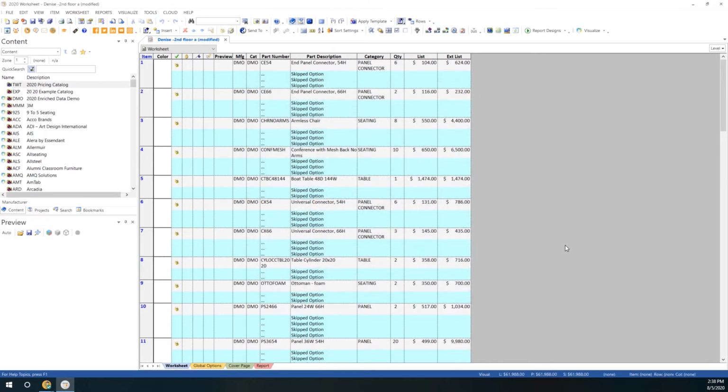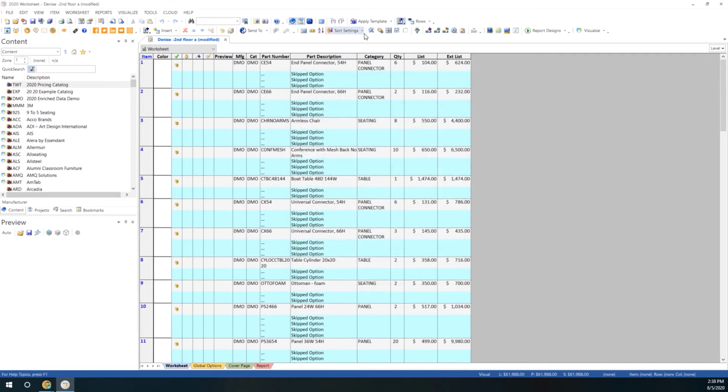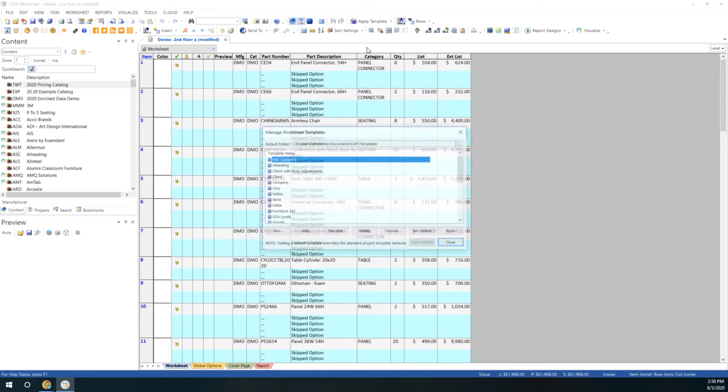So think of the worksheet as just a big spreadsheet that you're going to work with. It has all the information that you need in order to do pricing and to create proposals for your customers. Looking at it, there's a template that comes in every time you open a worksheet, so certain columns are turned on. If I right click on one of these and go to customize columns, you can see there are a bunch of them. I can actually create my own default template. If I go up here to apply templates and to manage templates, I can go in here and basically create a new one,